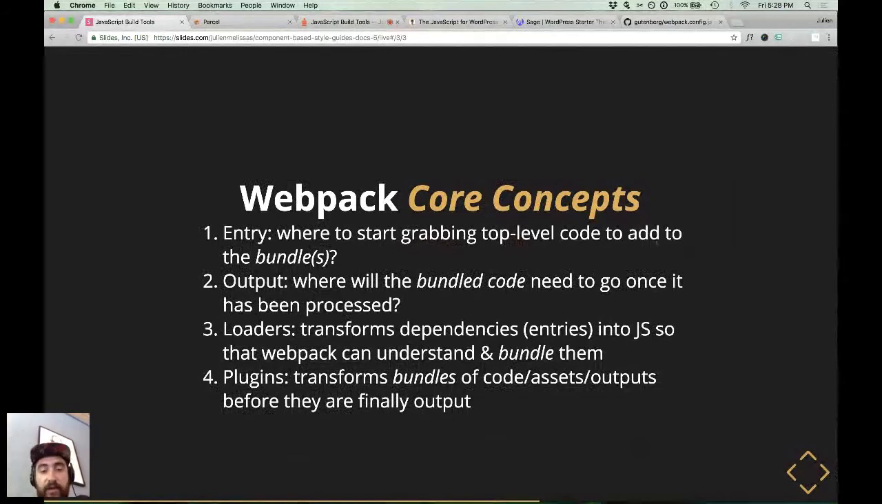Webpack also has loaders. What Webpack loaders do is they transform these dependencies, these entries. It transforms the files that we give it into JavaScript so that Webpack can bundle them. So if we're passing an image into a Webpack file, let's just say we want to minify all of our images as a build process,